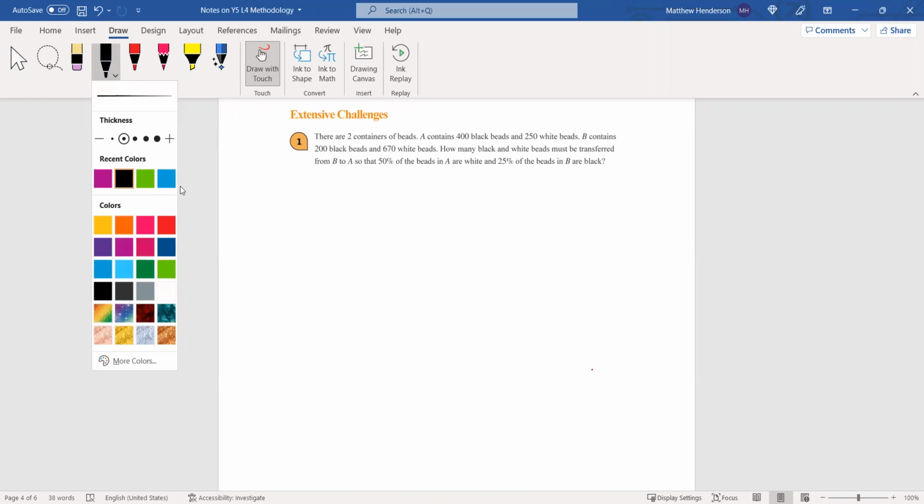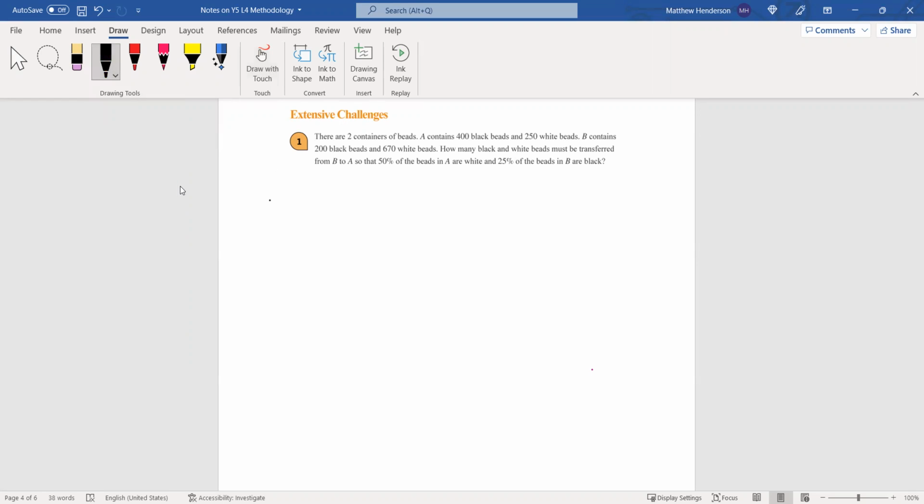There are two containers of beads. A contains 400 black beads and 250 white beads. So here's container A, which has 400 black beads and 250 white beads. Container B contains 200 black beads and